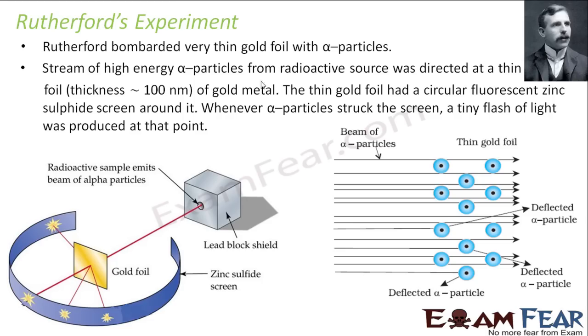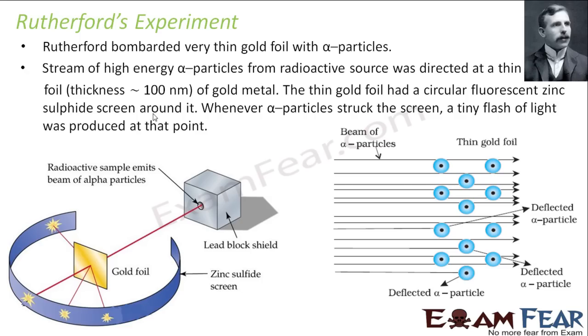Now, a stream of high energy alpha particles comes from a radioactive source, because you need a radioactive source. I mentioned in the previous slide what alpha particles are. Alpha particles are emitted by certain elements which have this property of radioactivity. That is, those elements emit radiation when they are left on their own. So we take a radioactive source and then high energy alpha particles are made to strike the thin foil